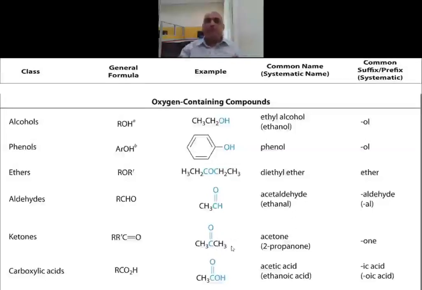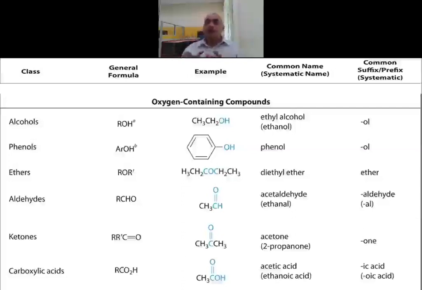Three carbon atoms means propane. And if we replace the last E with ONE, then we can form the IUPAC name of the ketone. So if we replace E with ONE, then it is called ketone: three carbon atoms, propane, then it forms